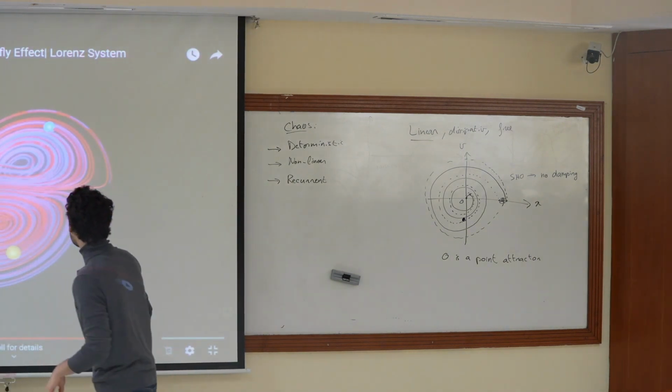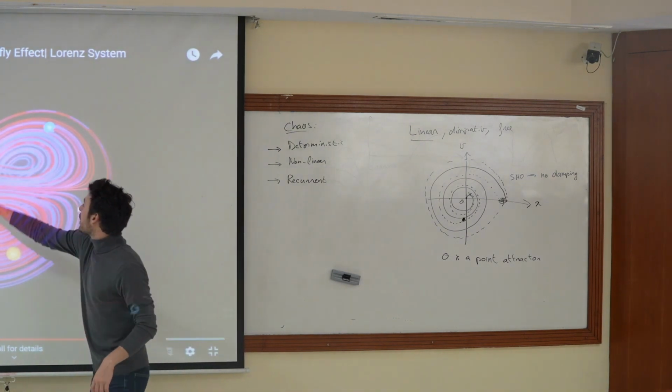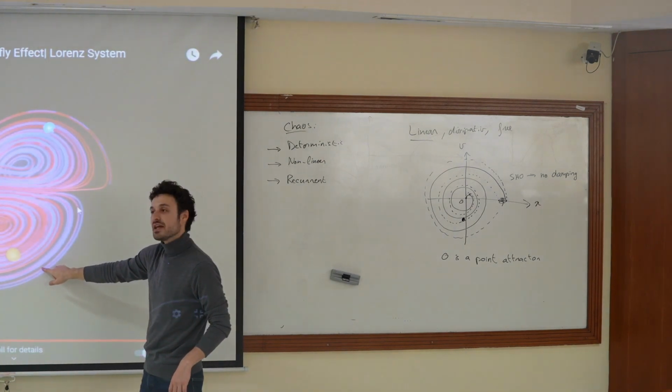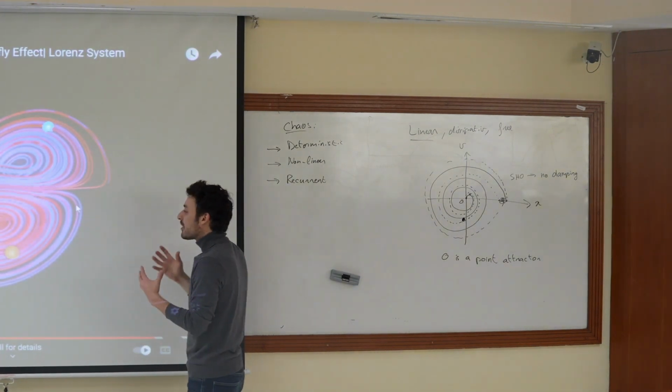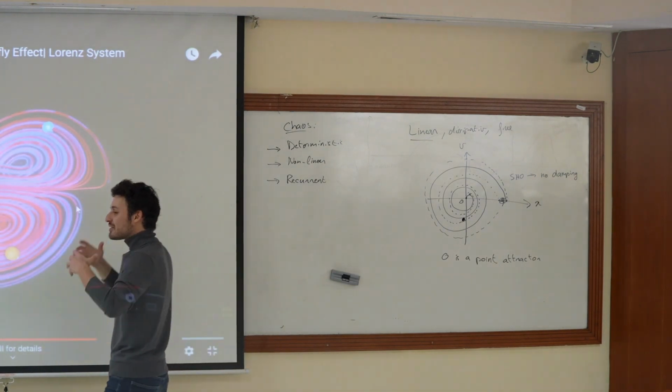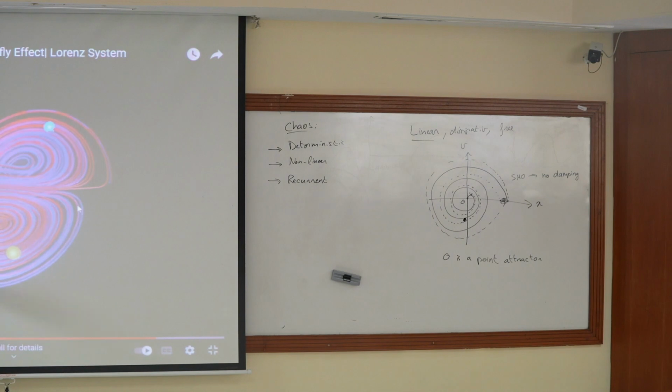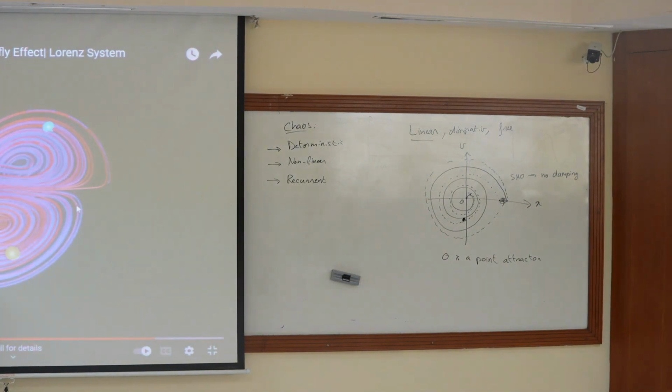So for instance, if we're starting out here, then maybe for a while we'll go on exploring other bits of the attractor, but eventually we will end up in the neighboring trajectory here. So this is what we mean by recurrent. And recurrence guarantees that none of this blows up, right? Our weather forecast is never going to be 10 degrees off. Because despite the fact that the trajectories never cross and no behavior is ever repeated, they still remain within these bounds. This attractor has a finite volume in phase space, in a way.